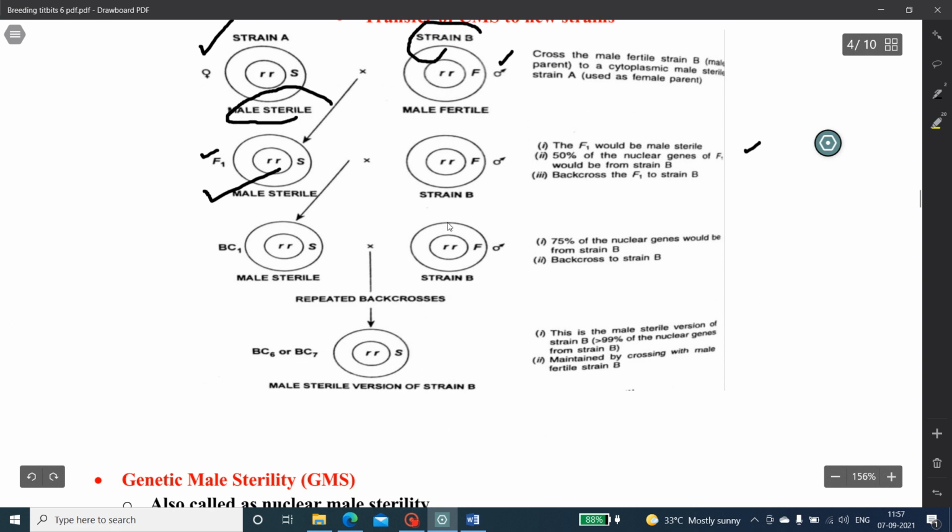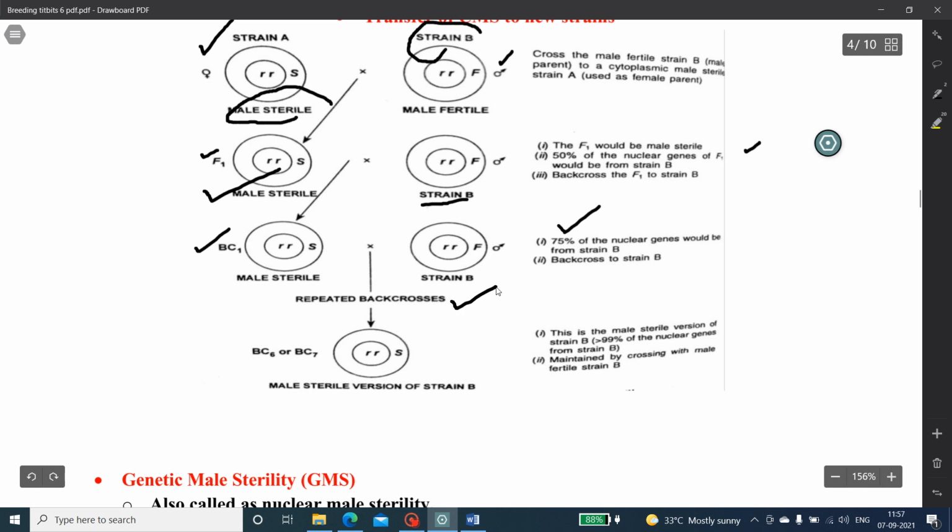And this F1 has to be backcrossed again with strain B, that is BC1, backcross 1. And by backcrossing you are able to transfer 75% of the nuclear genes from strain B, and you have